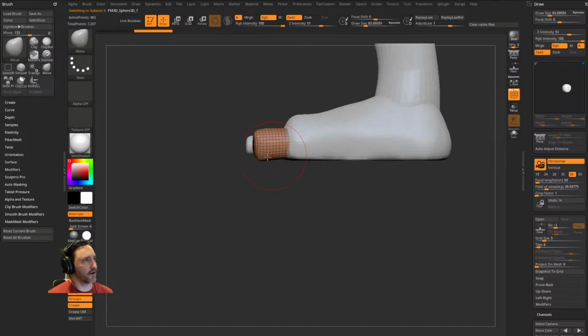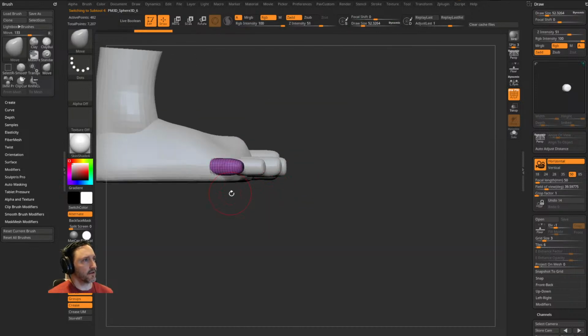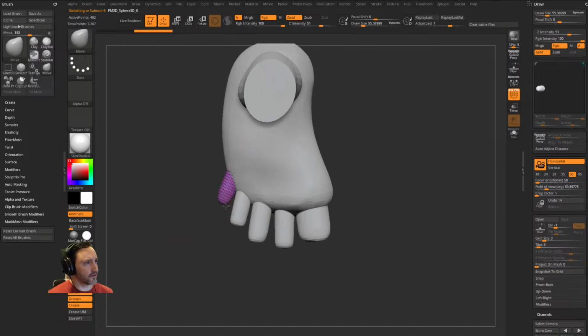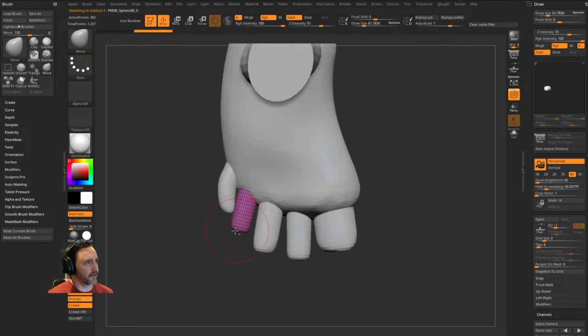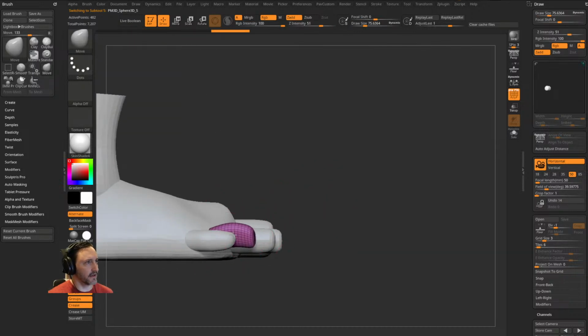But let's say we want to start sculpting this as one object here. Usually when you're doing toes, this little baby toe will be over here. It'll kind of be mashed into this one. That's another thing when we talk about toes. There's always a